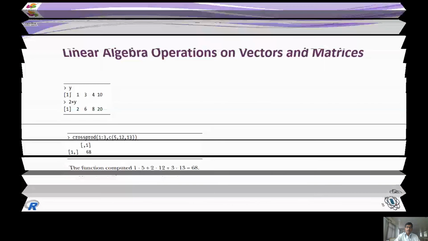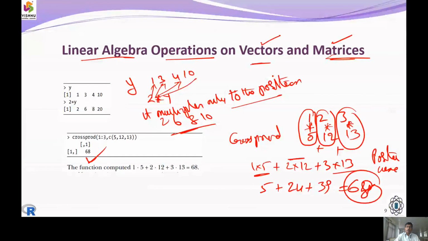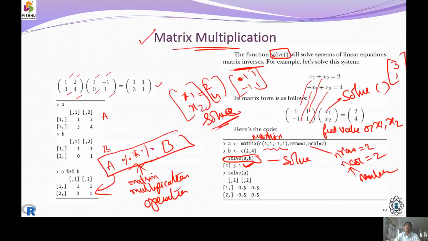Linear algebraic functions are applied with vectors and matrices, and they work position to position, point to point.